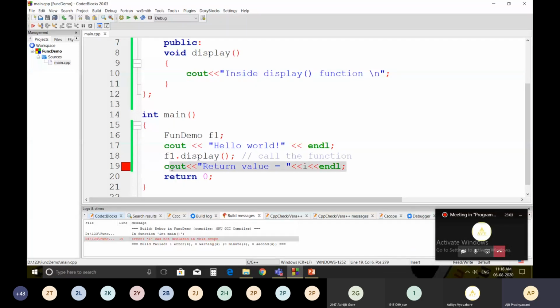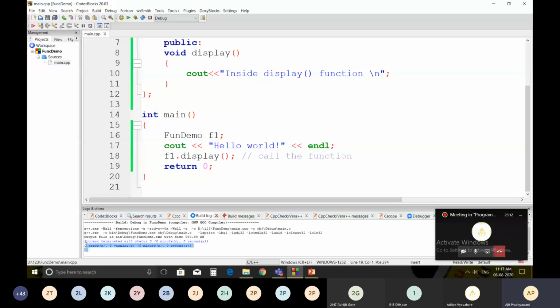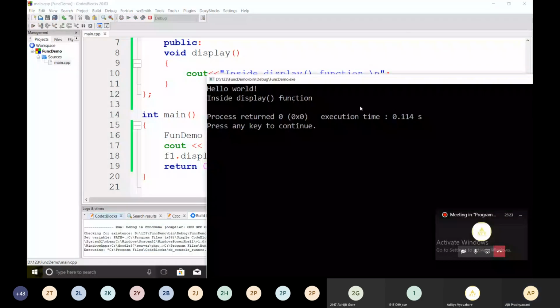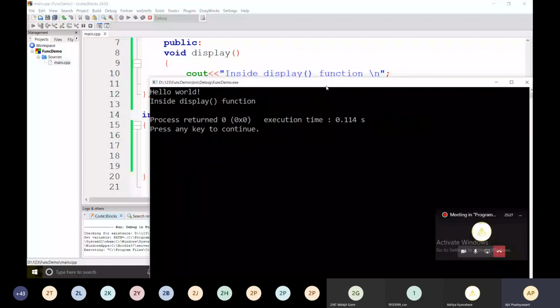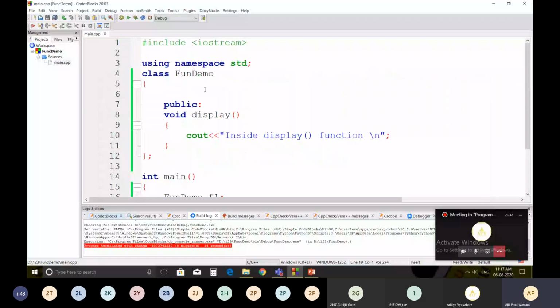So I'm going to remove this also because this doesn't return anything. Compile it. There are 0 errors and 0 warnings, and then execute. So we will get the output hello world, inside display function. So this is the way to call the function present in the function demo.